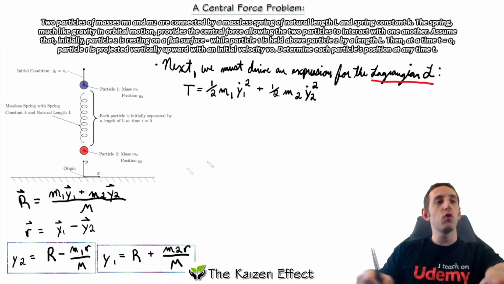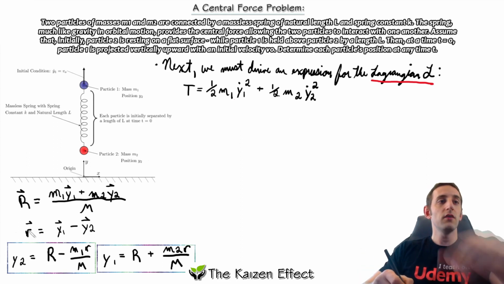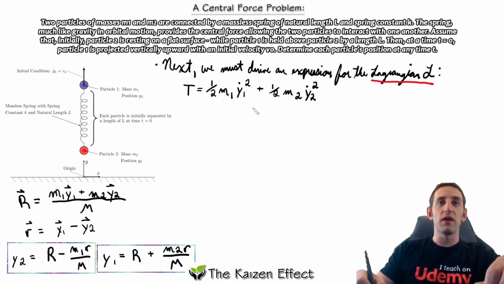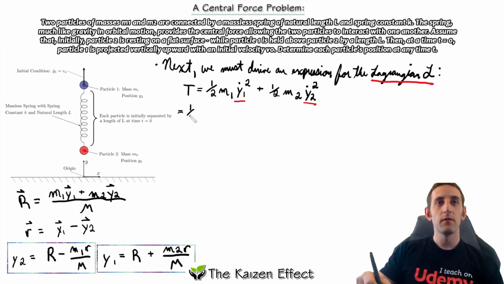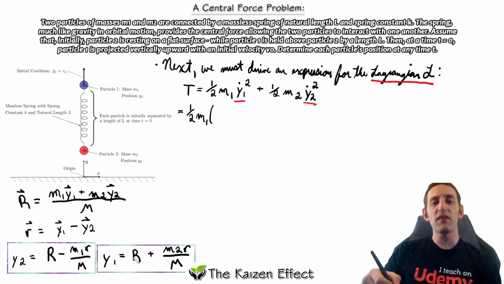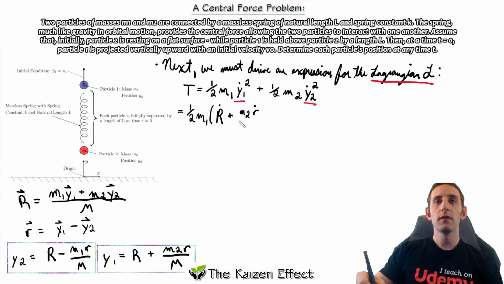Now, since we want the generalized coordinates of the center of mass and the relative motion, these two being vectors, we're going to substitute in these maps we just derived in order to get those generalized coordinates popping out in our expressions. So we do that by substituting in y1 and y2 right there. What happens is we get T equal to 1/2 times m1, and then our y1 term. If we take the derivative of y1, we know that big R is a function of t, little r is a function of t, so these just become derivatives. In essence, we end up with the following: big R dot plus m2 little r dot over big M, all that squared